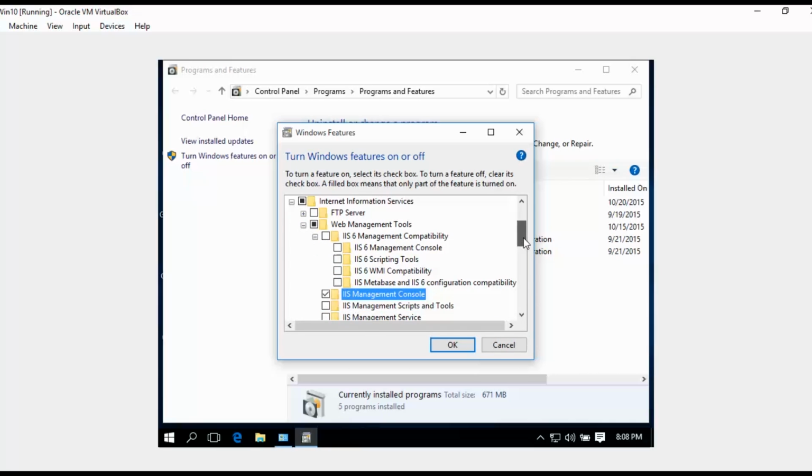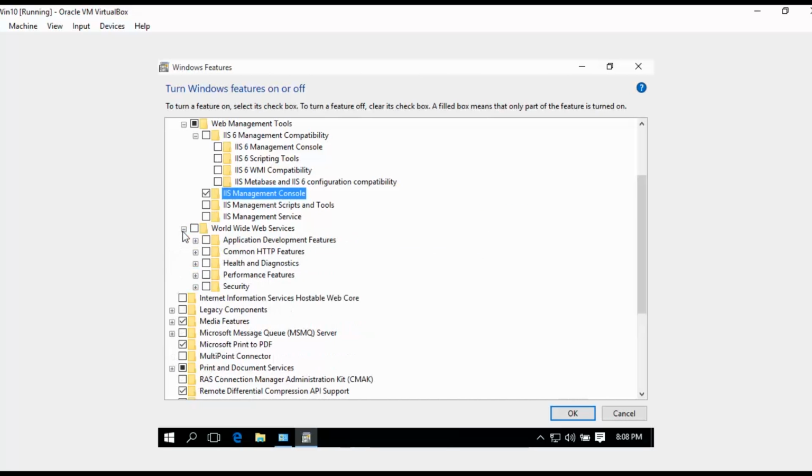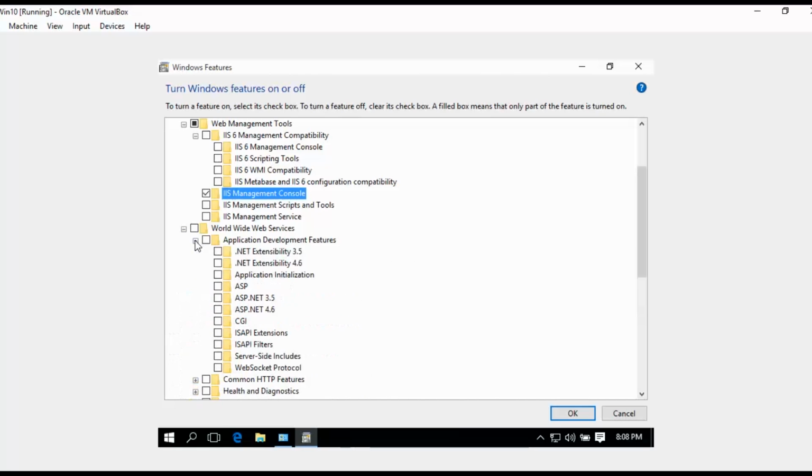Okay, so let's expand everything, and let's maximize so that you can see more. And then also under World Wide Web Services, Application Development Features, we also need to enable .NET Extensibility 3.5 and 4.6, and then ASP.NET 3.5 and 4.6.